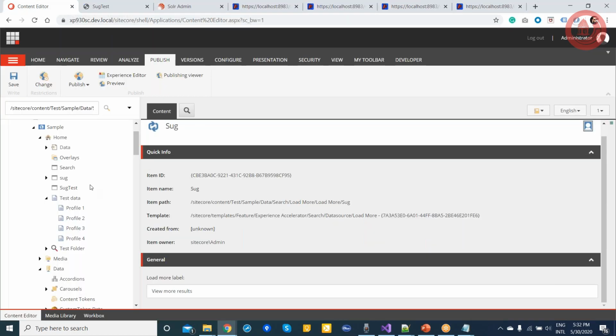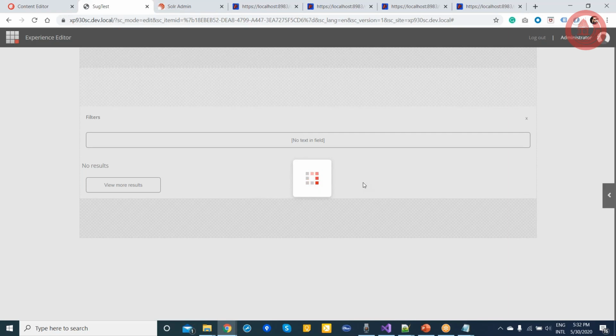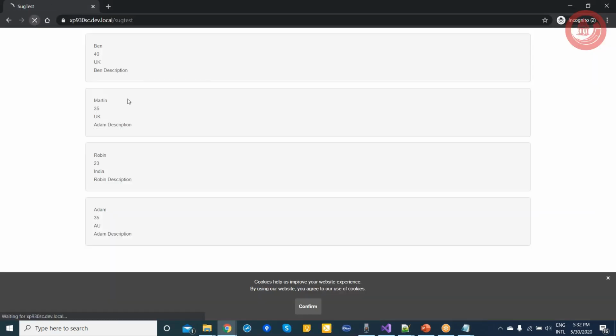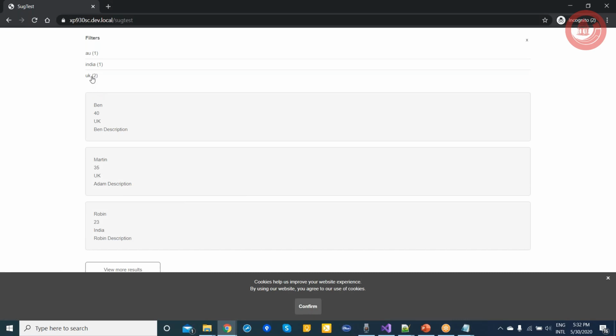So for the facet, what I have done, I just gave the name of the field, that what field I want to use, and that field should exist on the Solr index. If I go and refresh this page, now I can see my facets, which is UK2. I can do the faceting here. If I do India, I can do one. I can do here.